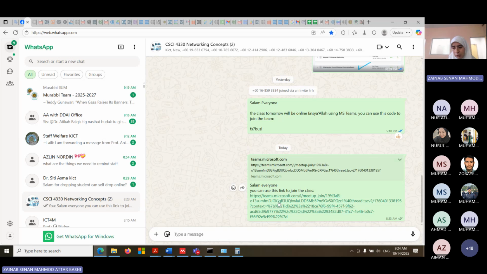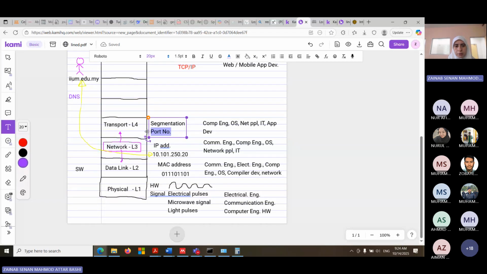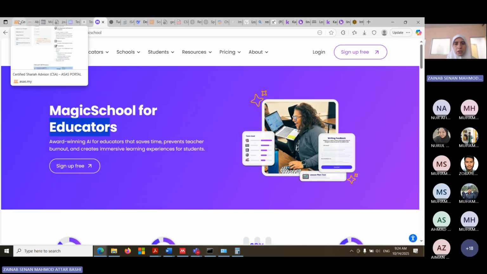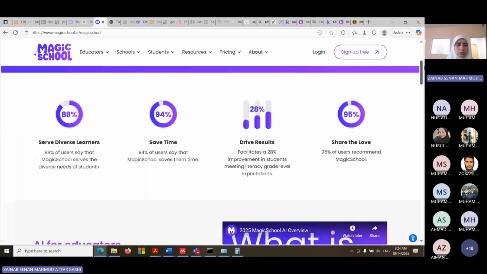Okay, so you can imagine now a message or a packet or a piece of data came to this computer. Where should it go? To differentiate exactly which application, we need the port number. This port number would tell the operating system, take this piece of data, send it to, let's say, which one? This one, number 5 or 6. Whatever, it will give the port number. From the port number, it will know that this is a website called Magic School. It's an AI platform for kids.